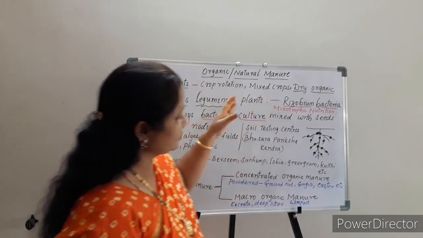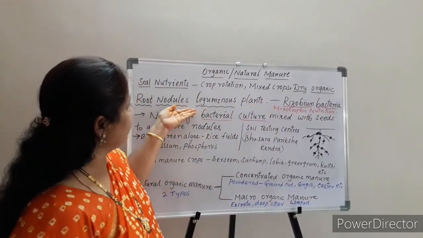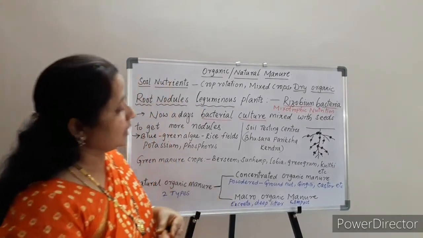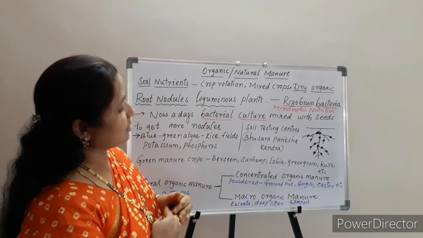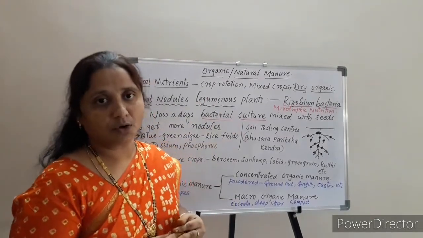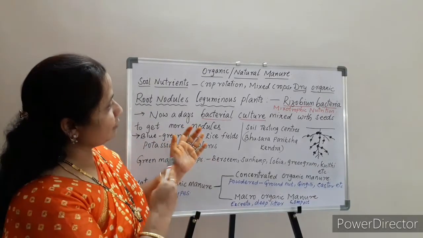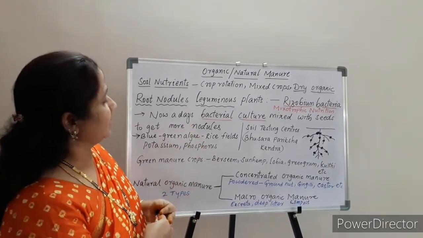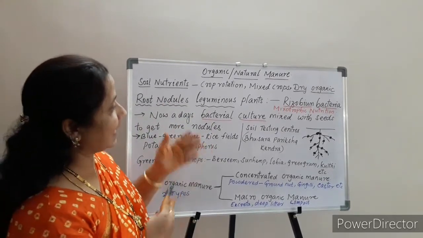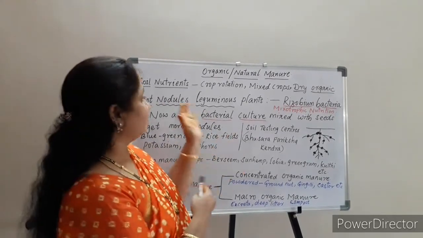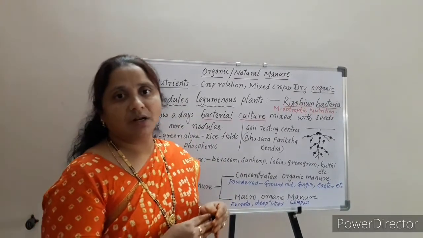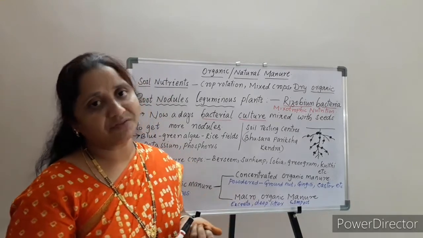And this mixotrophic nutrition, which we observe in the root nodules of leguminous plants, is more advantageous for the availability of nitrogen in the crops. And at the time of the crop rotation process, these leguminous plants are grown after every crop. The crop which is grown after these leguminous plants will be more beneficial in absorbing more nitrogen from